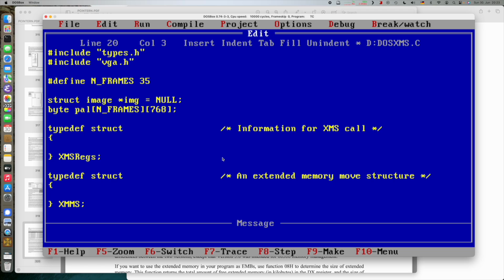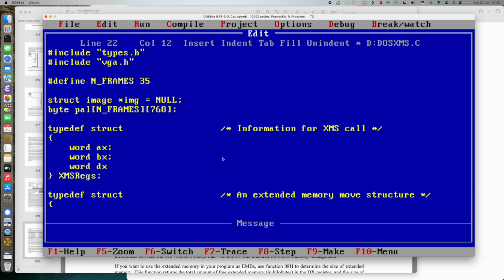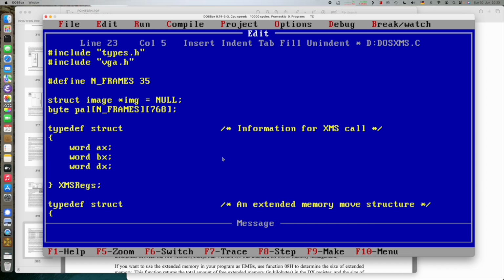It's always the same registers. We have the AX register, BX, DX, and of course I'm using a struct here so I can pass these things around easily, but you could also write assembly language and just put it into the